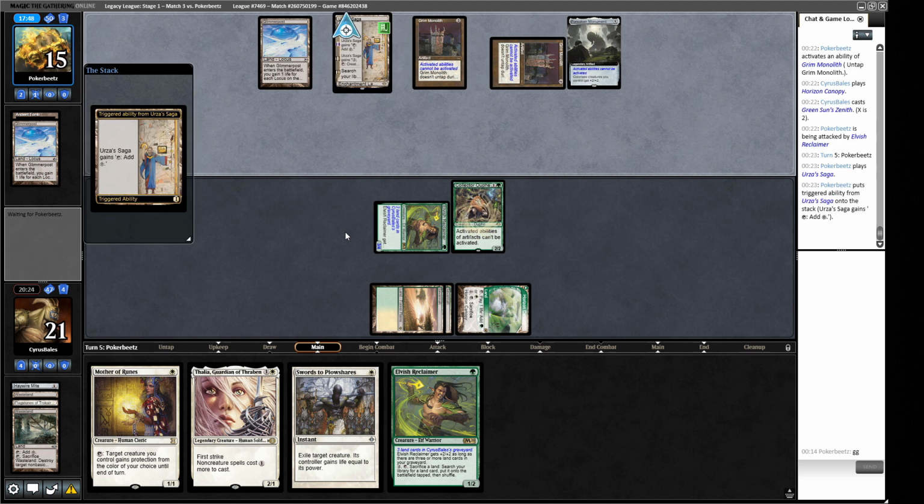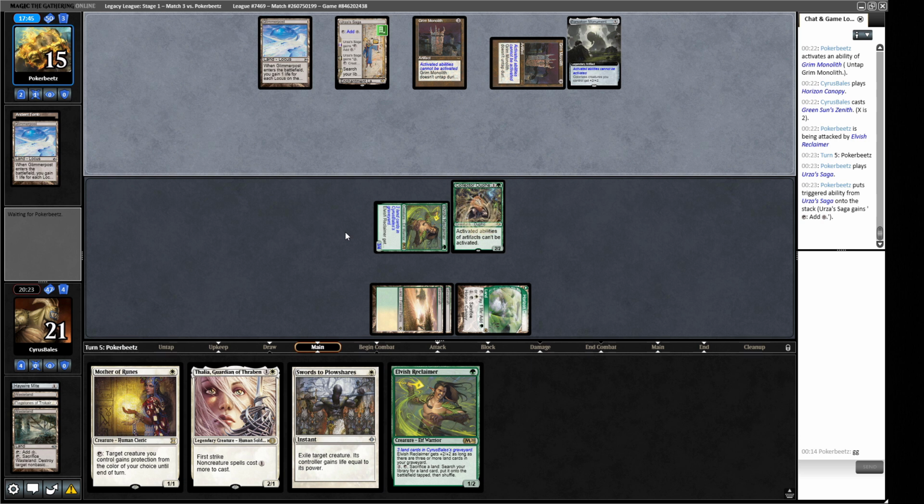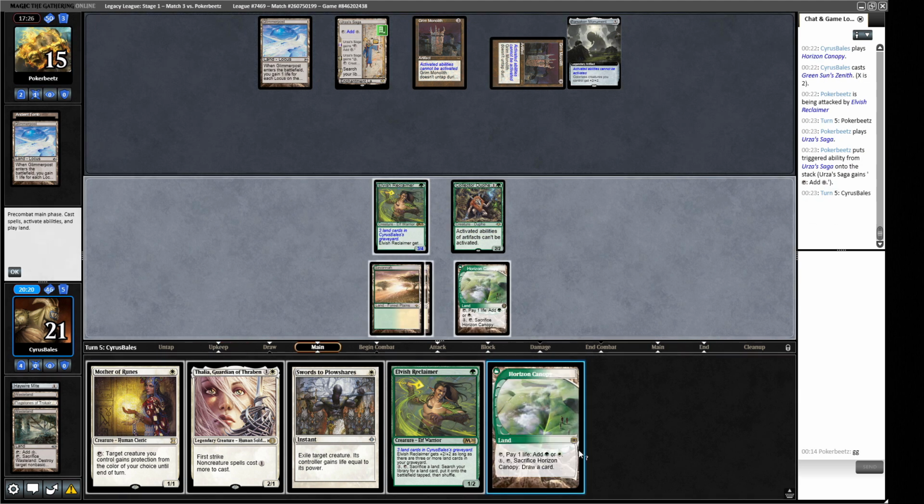Alright, and Urza's Saga. That's the thing we can blow up. How useful is the Thalia going to be? Depends on how much we get to Wasteland our opponent. We'd like to get rid of this Urza's Saga, but I don't think we're going to have that chance. So the Urza's Saga constructs can just be big. Their Glimmer Post is tapping for 2 already, so...